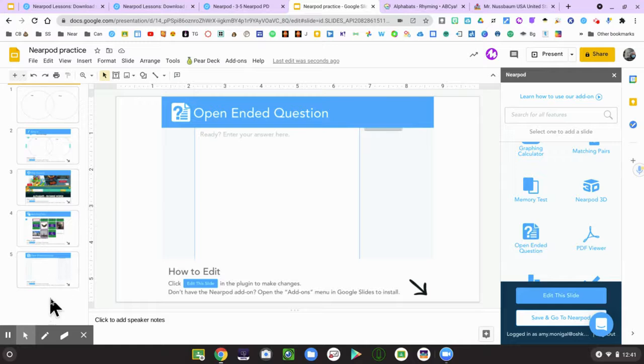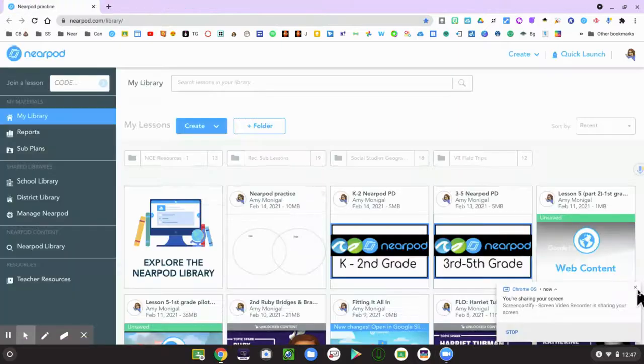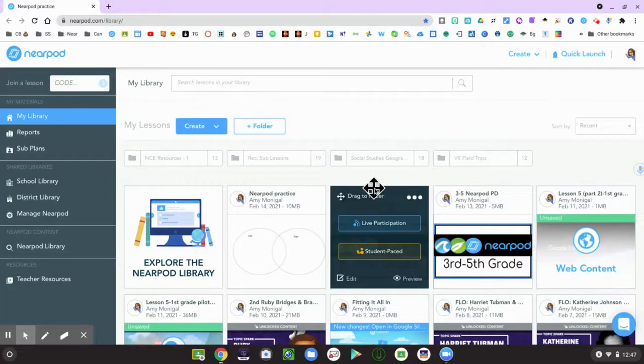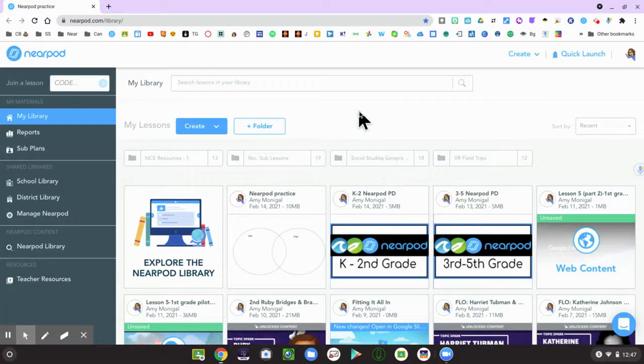Either way, within your own account, when you're ready to launch with students, I'm going to click Save and go to Nearpod, and then we'll continue by taking a look at, once you have a lesson, how do you launch that lesson with your students? Okay, the very last thing we'll do within Nearpod is take a look around your teacher account. Now, the lesson that I just clicked Save and go to Nearpod, that Google slide deck,